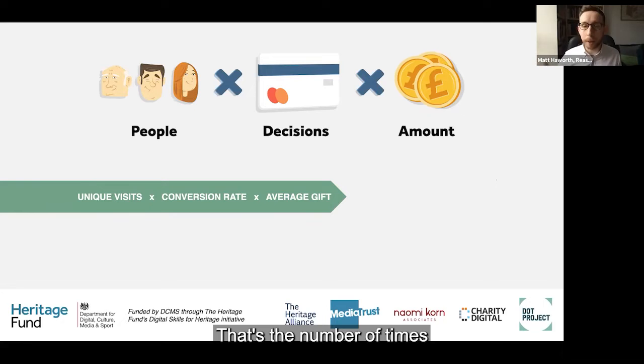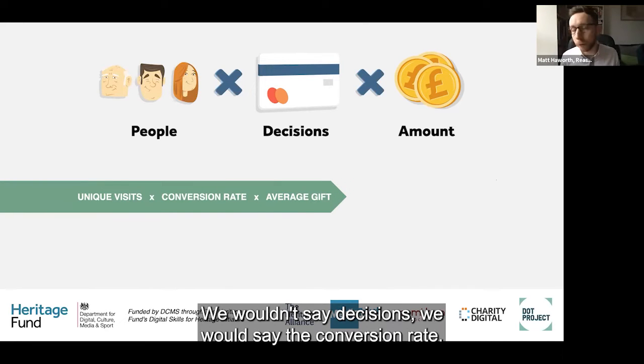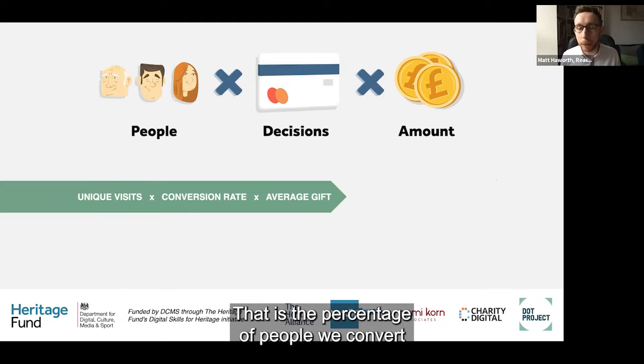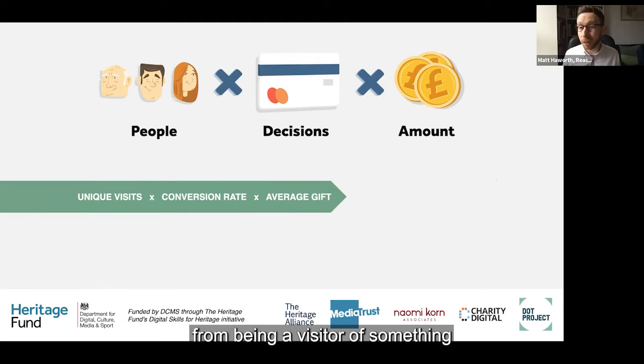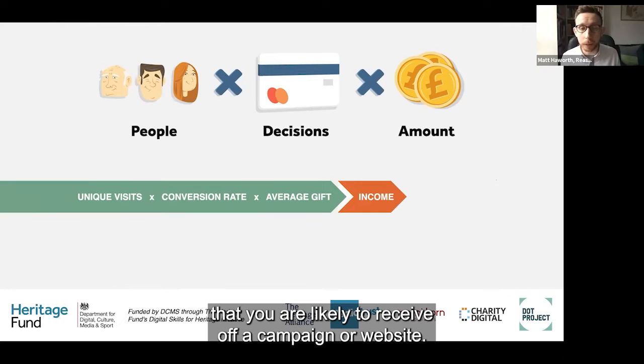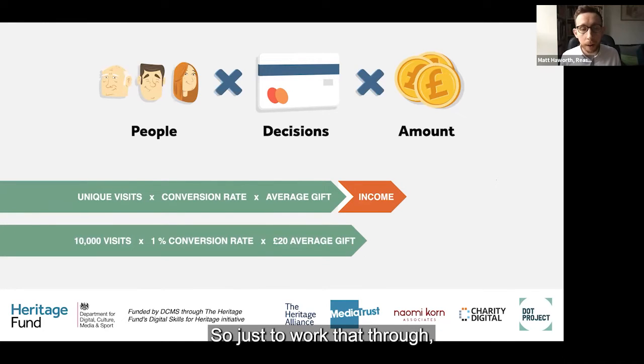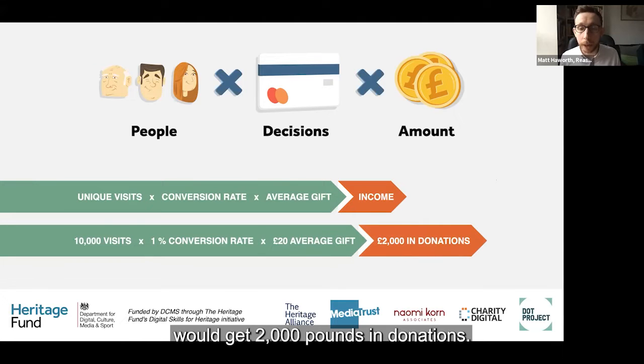That's the number of times somebody looks at a page or a campaign. We wouldn't say decisions, we would say the conversion rate. That is the percentage of people we convert from being a visitor of something to being a customer or a donor. And we wouldn't say amount, we would generally say average gift. And then if you multiply those things together, you get the total amount of income that you are likely to receive off a campaign or a website. So just to work that through, 10,000 visits at a 1% conversion rate with £20 average gift would get £2,000